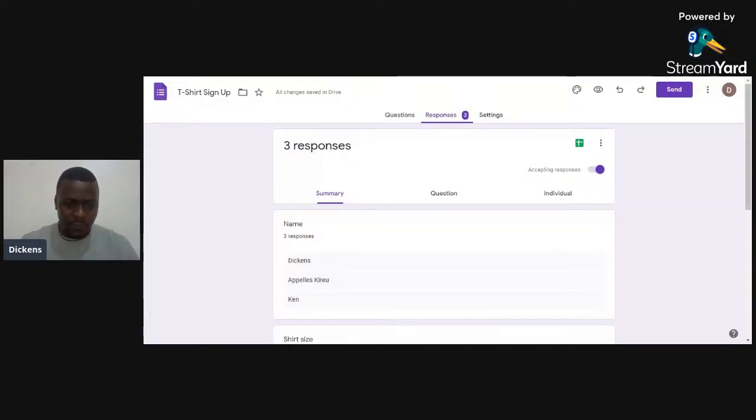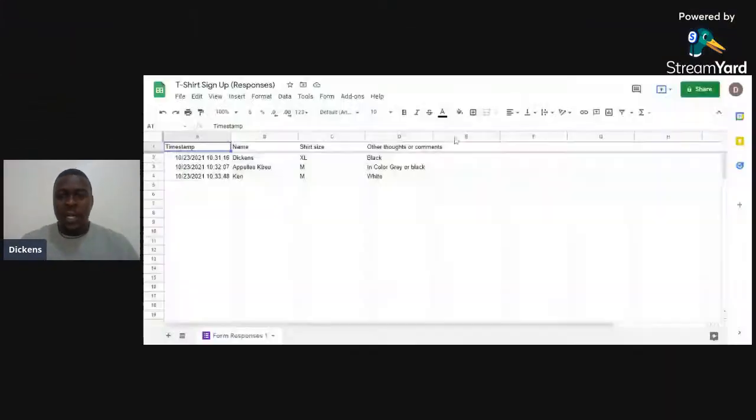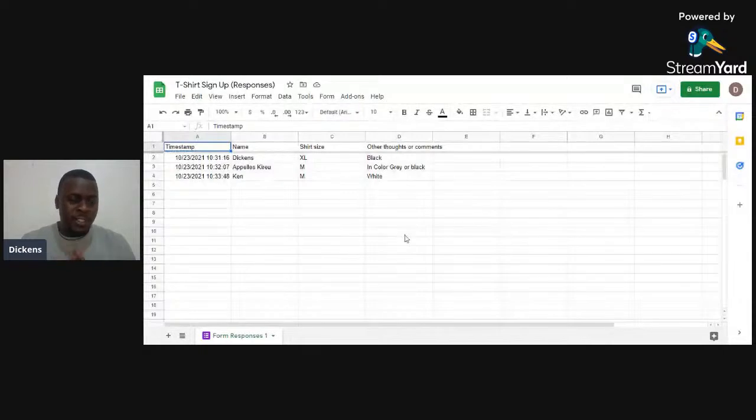Let me just share it very fast so that we can move to a different tab, right? As you can see, we have timestamp. When did I sign up? I signed up at 10:31, right? Dickens, t-shirt size XL. Which color? Black.